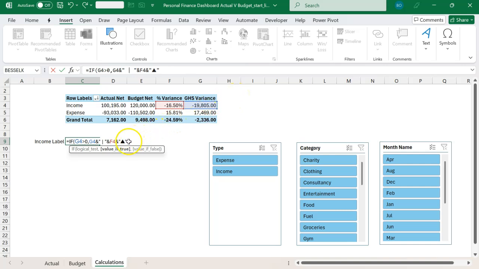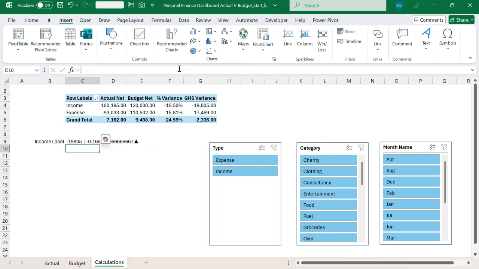Now, if not, we want this to be a down-pointing, the same label but down-pointing. So for you to understand this, I'm going to copy the same true value into the false section, so that you appreciate how it comes. Then we'll just modify it step by step. So I'm getting something like this: 19805, pipe, then I have my 0.16. So we're not getting a very elegant display